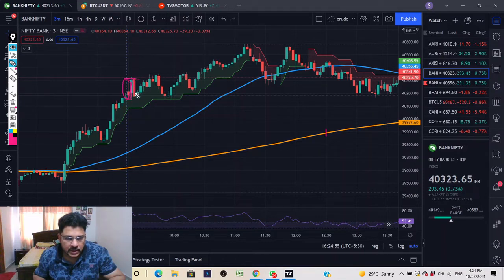Then again it came back down, and a lot of people must have closed their position in panic, and later also they have taken the stop loss at this level. See this game happening. So this is not the way you should trade. You should wait for the trend to establish. If you are seeing that the price is above the super trend, the initial opening, then what you can do is try and target the puts here,